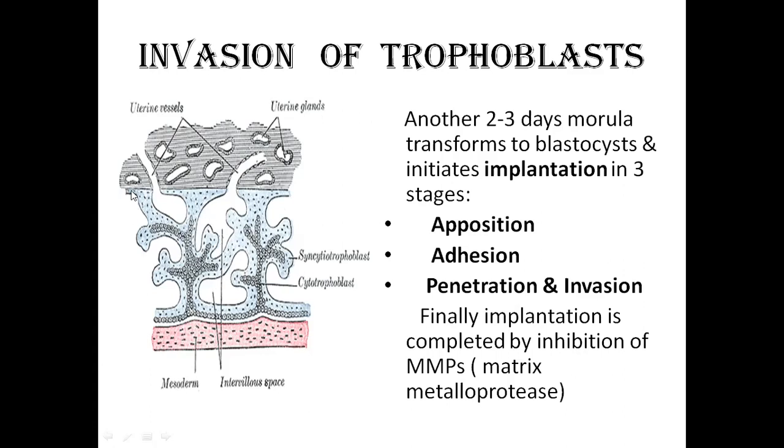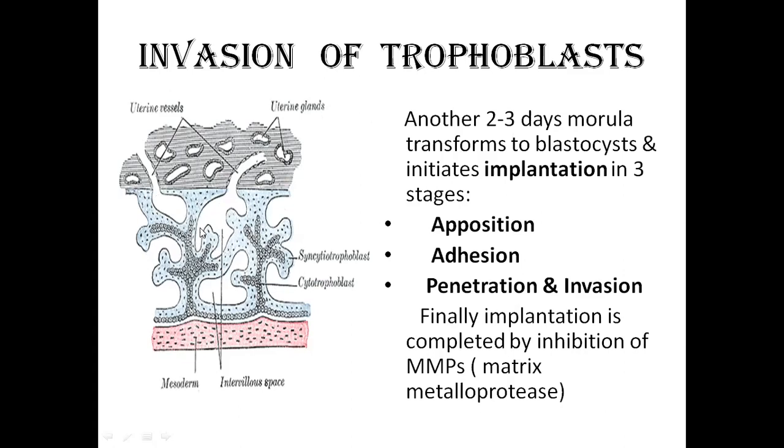So there is decidualization of the stroma of the uterine wall, and at the same time there is invasion by the cytotrophoblast and syncytiotrophoblast. And we see how they are invading into the uterine vessels and even disrupting them to form a continuous